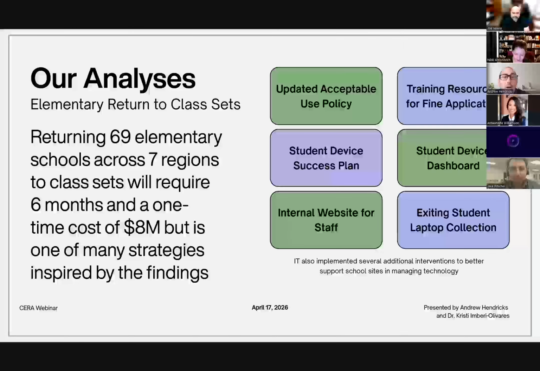And so all in all, the project involves returning 69 elementary schools across 7 regions back to class sets. It has been going on since November and will end in May. And there was a one-time cost to do this of $8 million to fund the laptops and the carts and the time that is going into doing this. But this was really just one of many